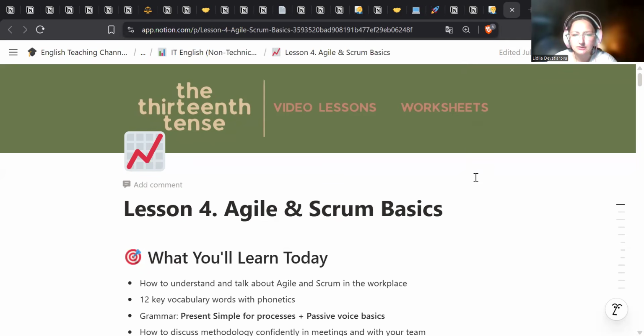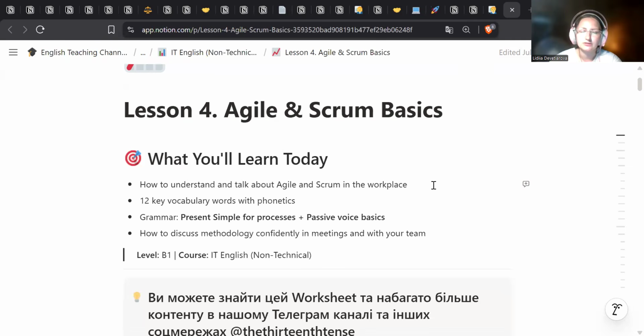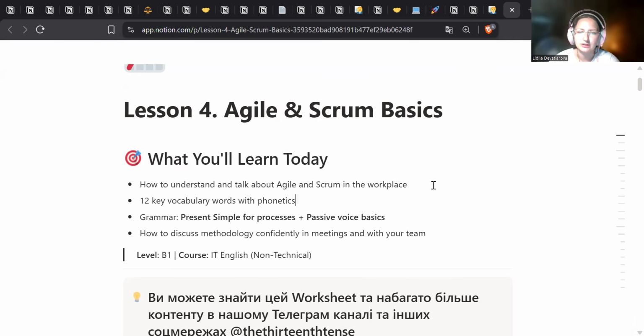And when it comes to today's lesson 4, we're going to talk about Agile and Scrum Basics. What exactly are you going to learn today? You're going to learn how to understand and talk about Agile and Scrum in the workplace, 12 key vocabulary words with phonetics, some grammar, present simple for processes and basic passive voice, and how to discuss methodology confidently in meetings